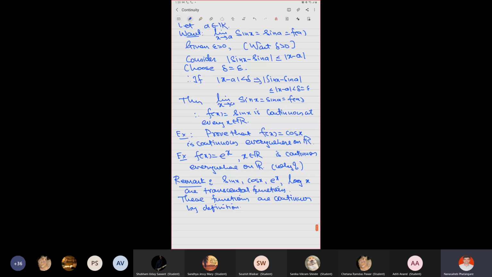And to understand this, you need to learn more analysis, right? More real analysis is needed. But you can believe that these functions are continuous and don't actually need proof. But if you are asked for a proof, the above is the proof for sin x or cos x. But if you go deep into the conceptual things, then these functions are by definition continuous. Definition means how these functions are developed or invented or defined.